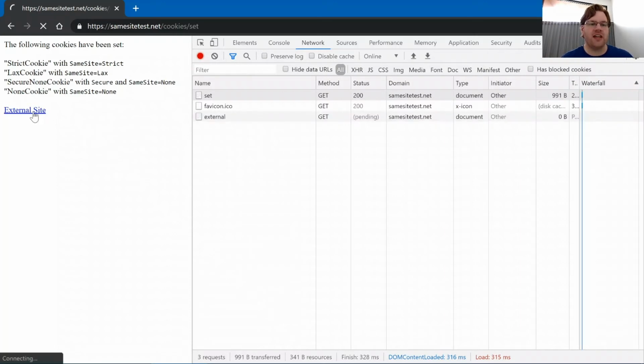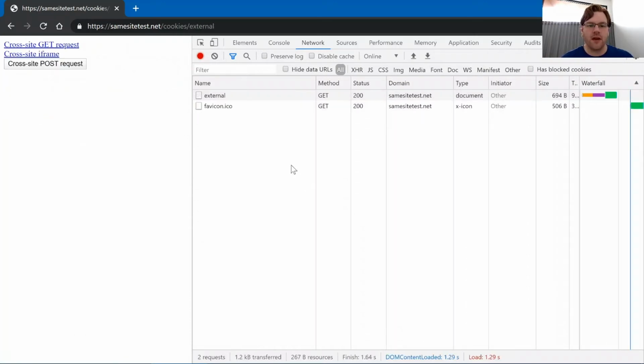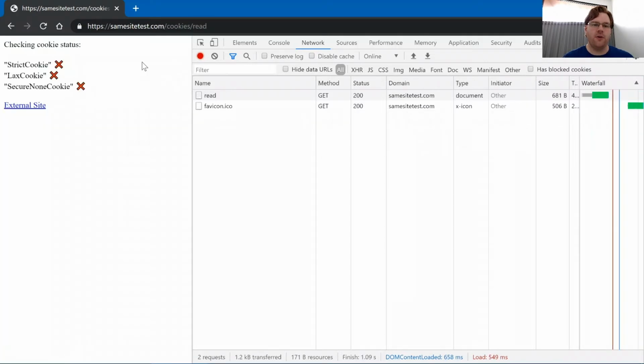So we'll jump over to the external site, and now we're going to make a couple of requests. We'll make a GET request first. This is a cross-site GET request. We're going from samesitetest.net through to samesitetest.com,